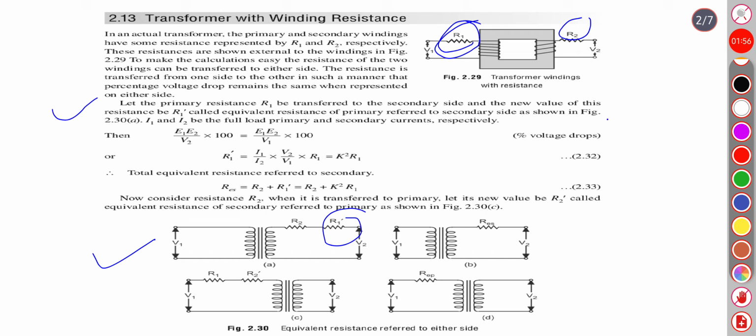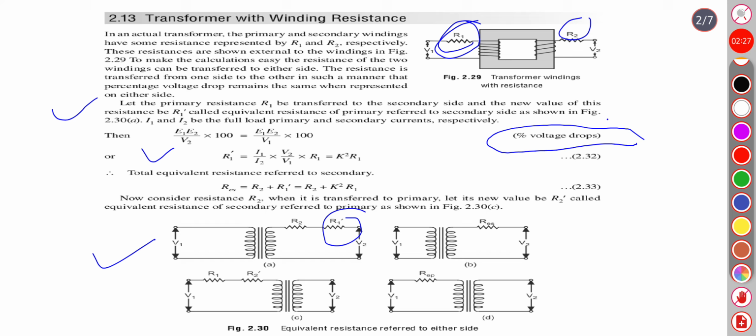Let I1 and I2 be the full load primary and secondary current. Then I1 R1 dash by V2 into 100 equals I1 R1 divided by V1 into 100, because this is the percentage voltage drop,